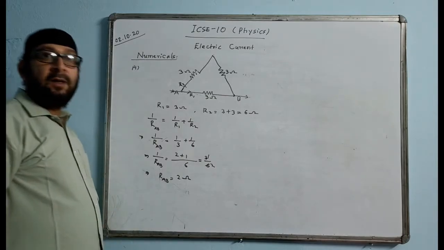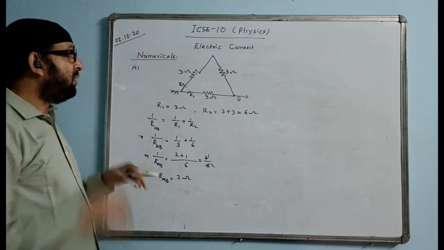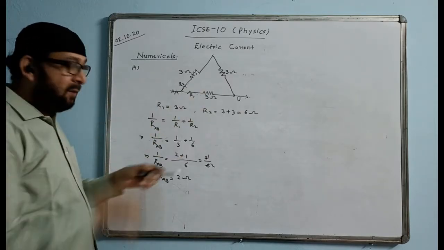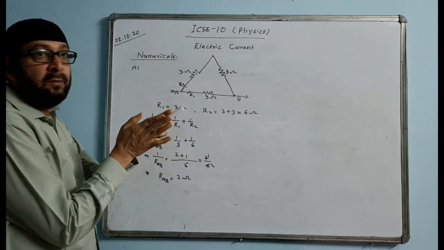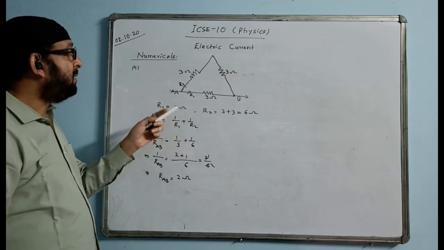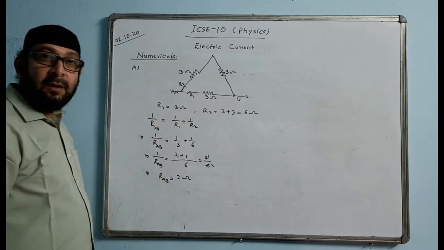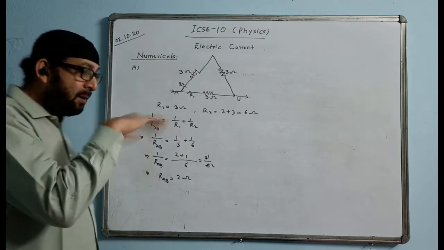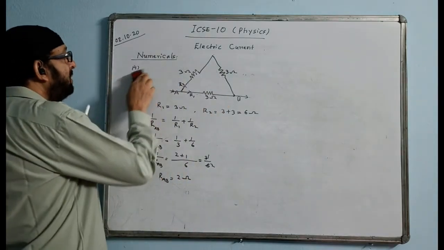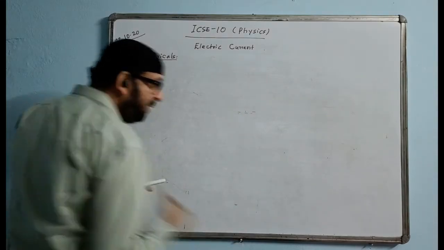So you have to decide whether they are in series or in parallel. That is very important. Through whichever point the question says, through one point you will enter the current and through the other point you will take out the current. When the current is entering, check whether it is dividing or not. As many branches as it divides into, that many parallels will be there. Each branch represents a parallel. This is one parallel, this is another parallel. If there are 3 branches, there are 3 parallels; 4 branches, 4 parallels. Within each branch, you have to check whether the current flowing is the same or not. Okay, this is the answer for this question. This type of question has been coming in ICC. It may carry 2 or 3 marks, depending upon the length of the answer.